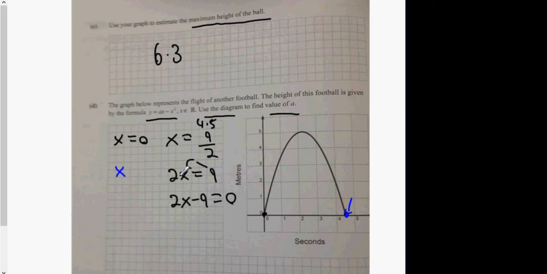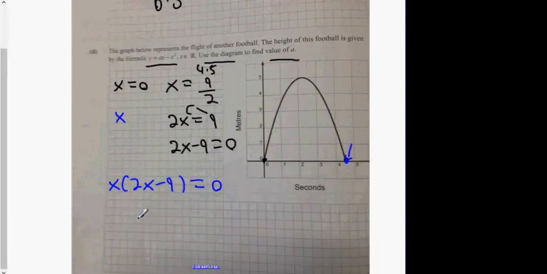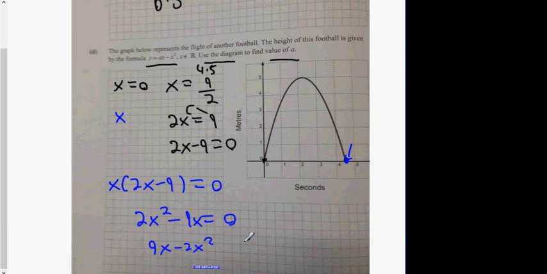Okay. So we're going to multiply x by 2x minus 9 equals 0. Okay. And what do we get? 2x squared minus 9x equals 0. But is that a U shape or an N shape? It's a U shape. So how do I modify it into an N shape? Okay, and then we get 9x minus 2x squared equals 0. Now,